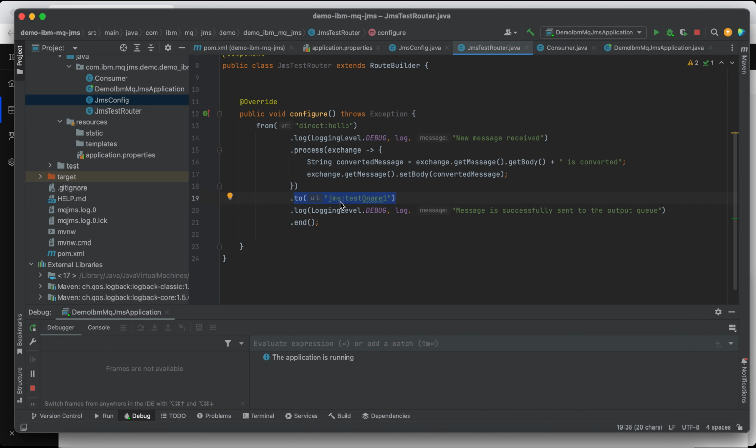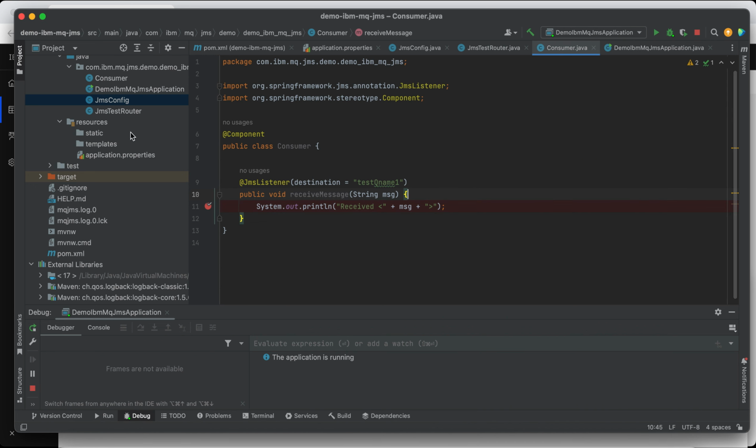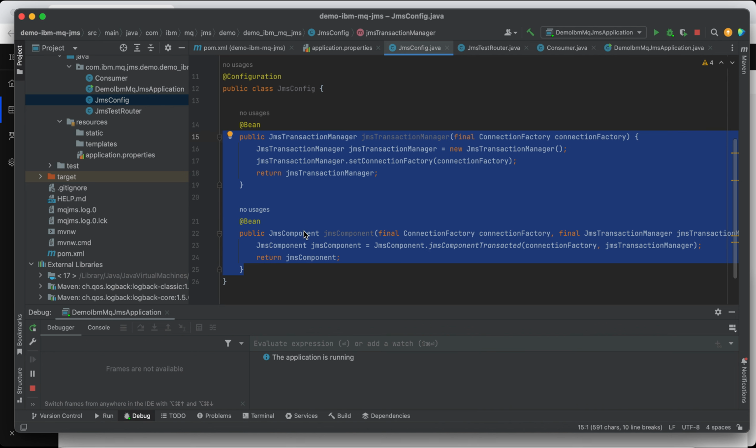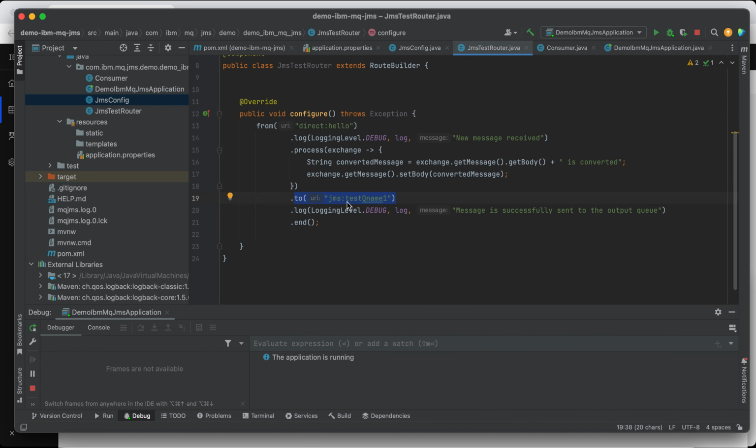What is this component? This is the JMS component. Alright, so that's the reason why we have this configuration. This JMS component.